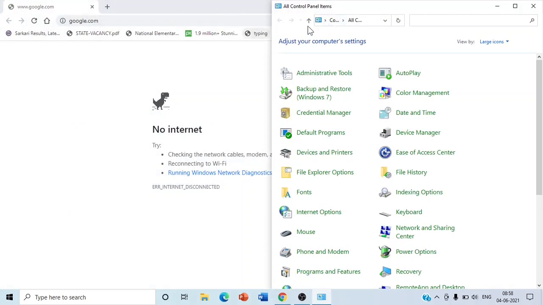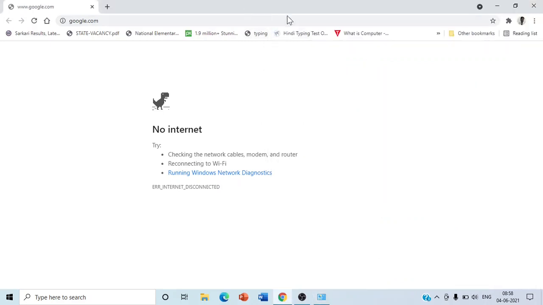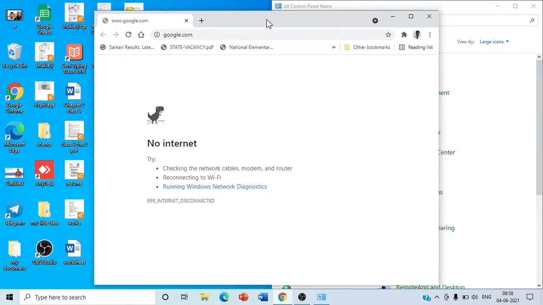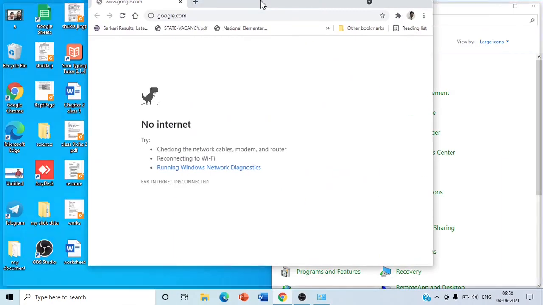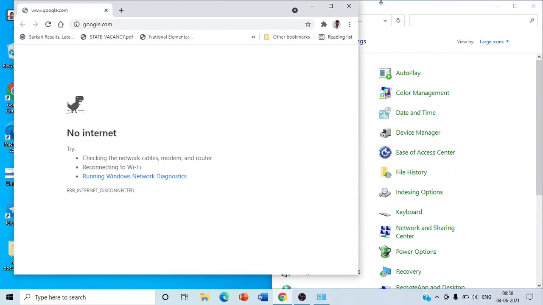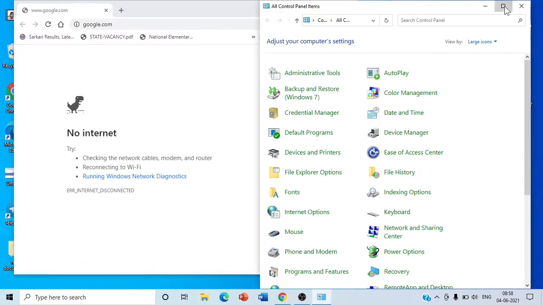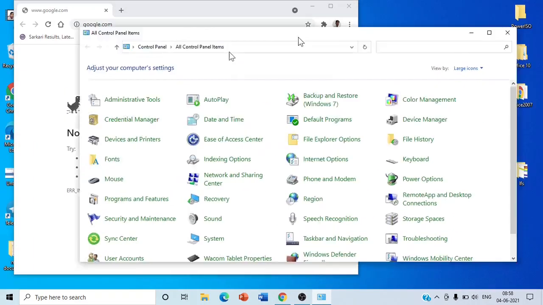One other feature is Aero Shake. What is Aero Shake? Shake means moving. With the help of Aero Shake, for example, you click on the title bar, hold the left button and shake the window. Then what will happen?